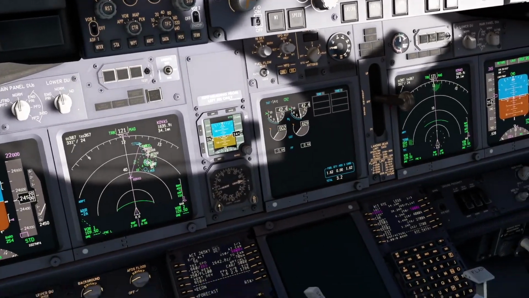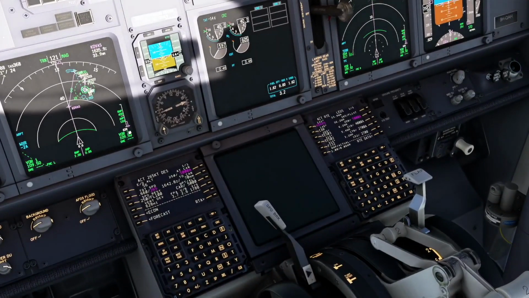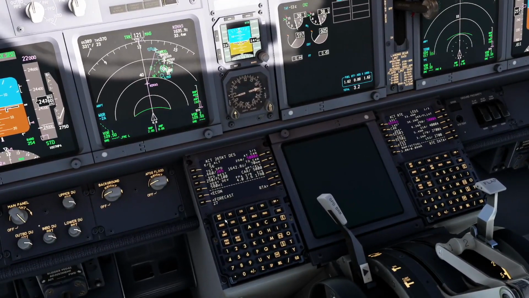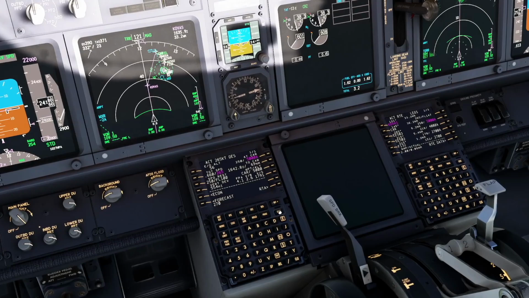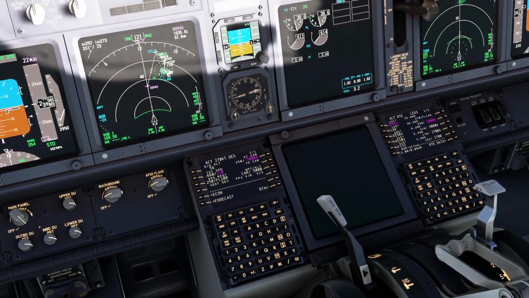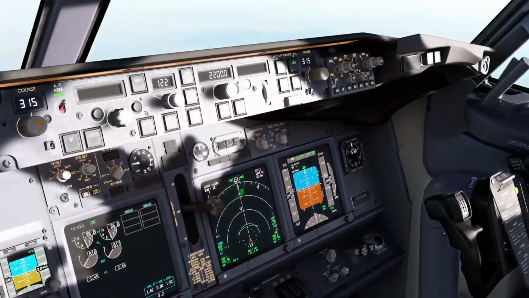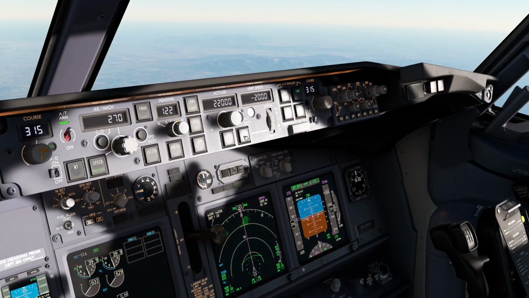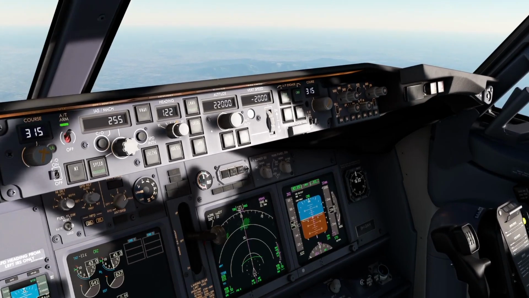Same VNAV speed. What I could do, instead of using the speed brake for only 600 feet high, maybe increase 5 knots more. And we can put 270 knots. Bearing in mind that is 220, so by now we have to go vertical speed. But now we're going to be more proactive pilots. We reduce the speed right away